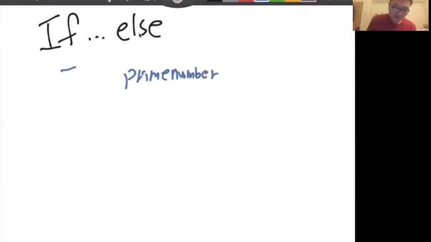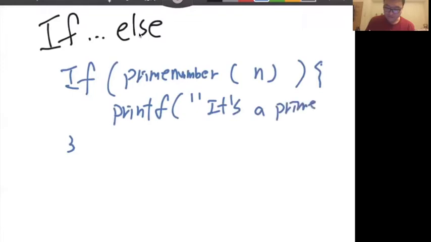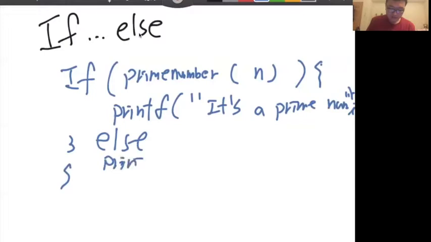We can have if statement, if this is prime number, we printf it's a prime number. Otherwise, print out it's not